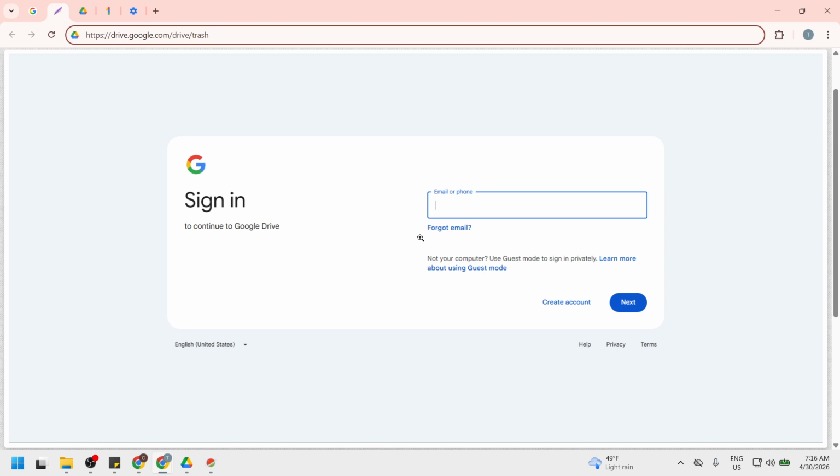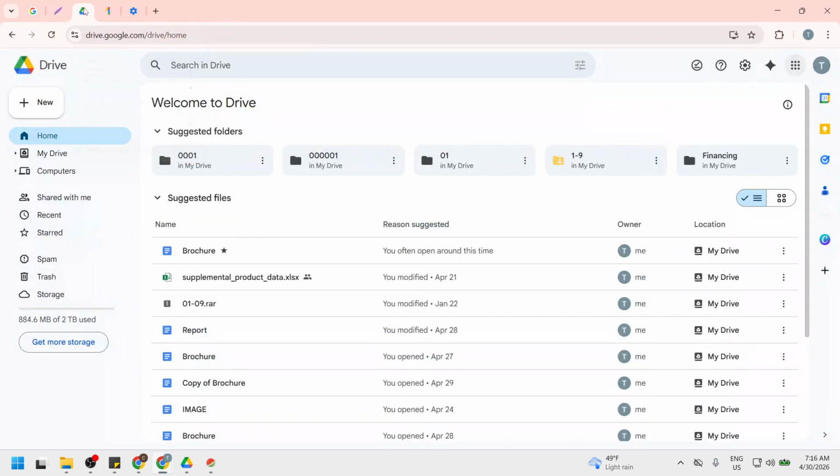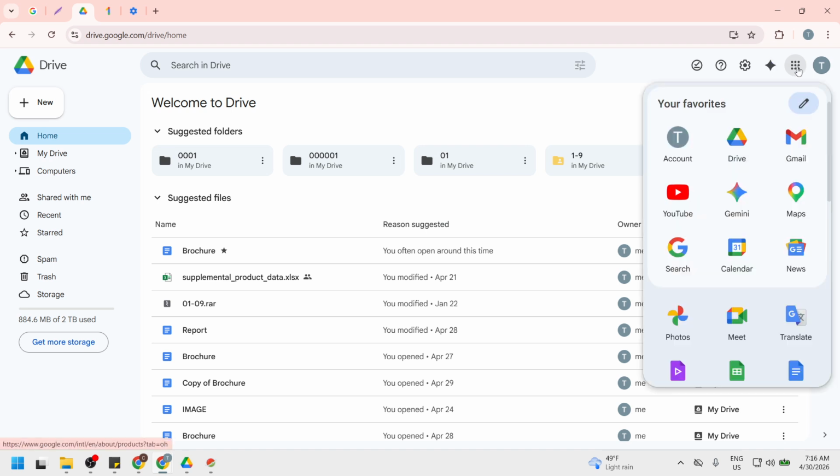Once you're on the Drive homepage, sign in if you're prompted. Double-check you're using the right Google account, especially if you have more than one, because sync issues often come from switching accounts without noticing. Next, click the Google Apps icon, the small 9-dot grid in the top right corner, and